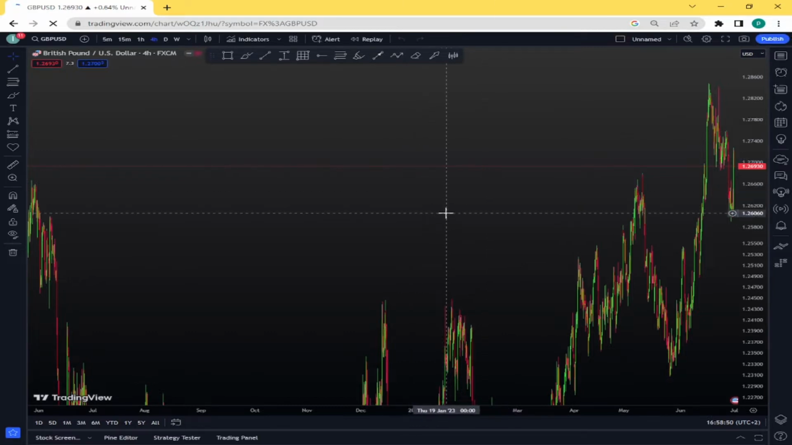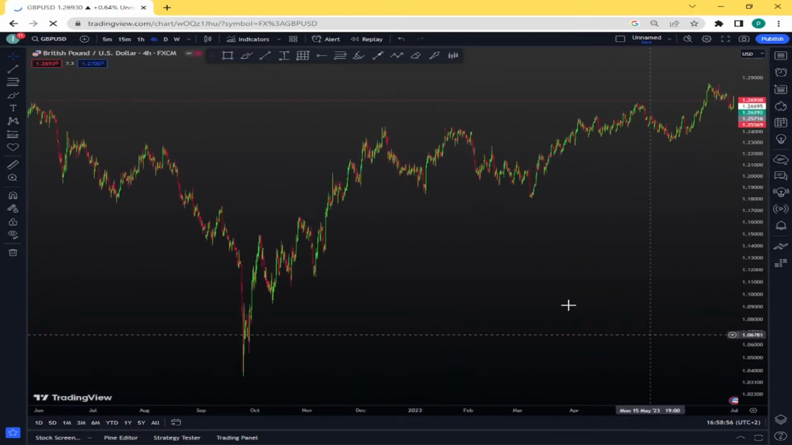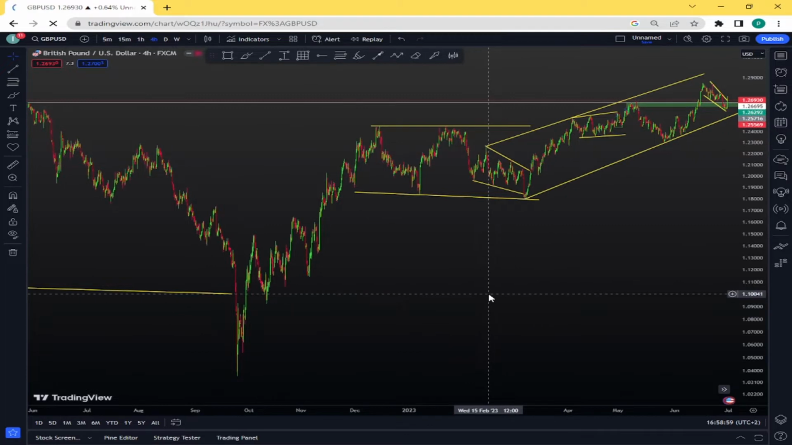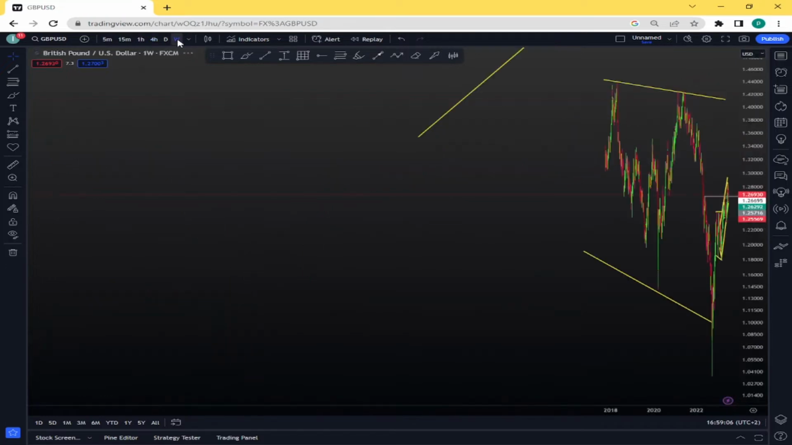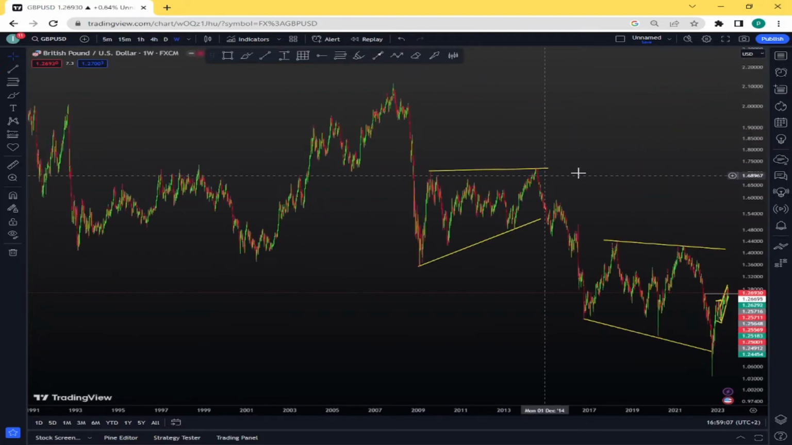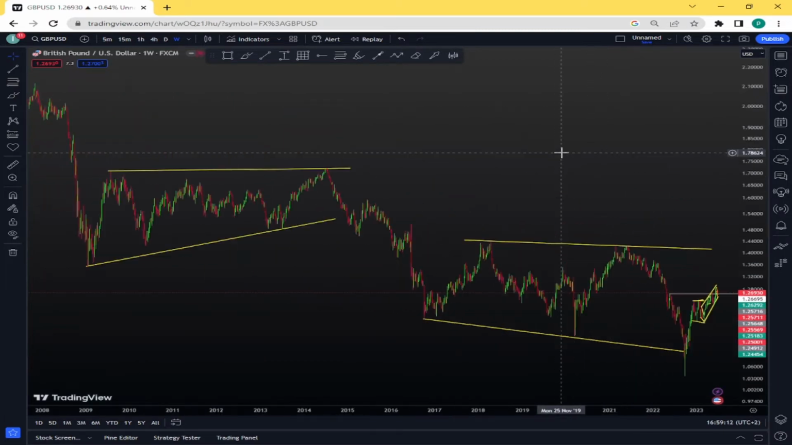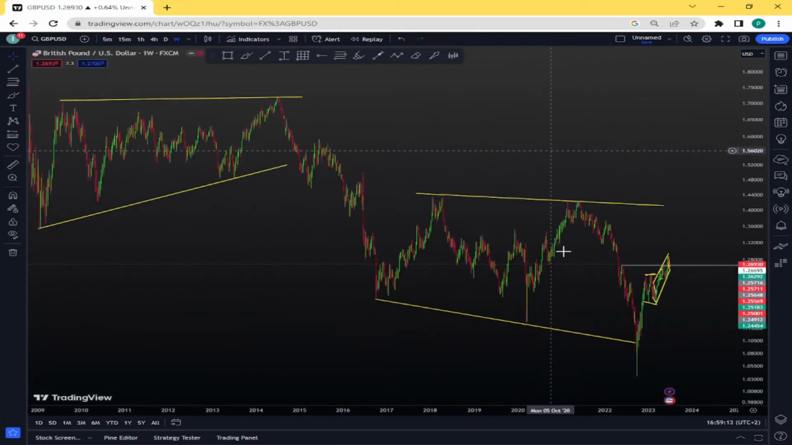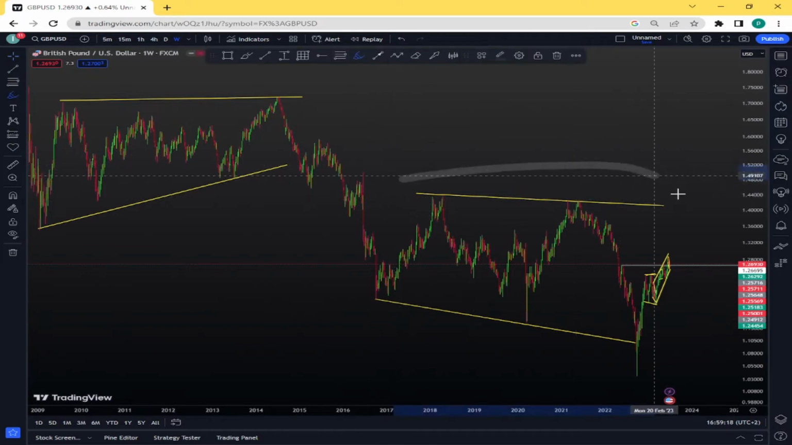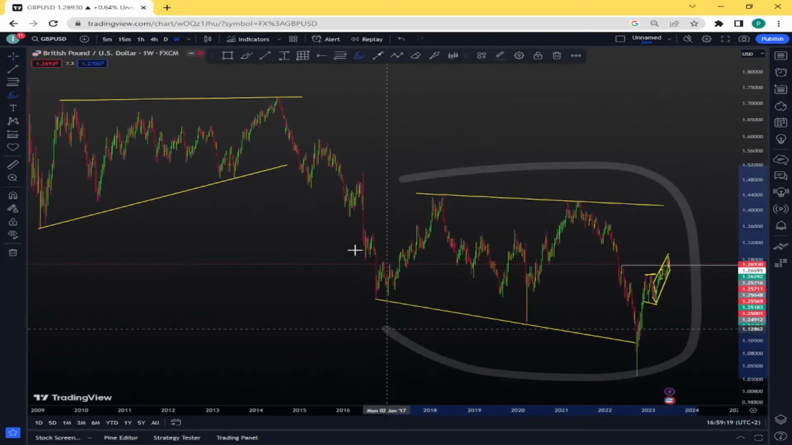So I'm looking at pound USD here, guys. So as you can see, this is pound USD. So let's go to, in fact, I'm gonna start on a weekly time frame. So what we can see on a weekly time frame is that focusing on the current structure, which is going to be this structure here,